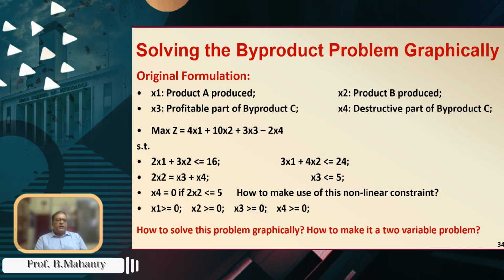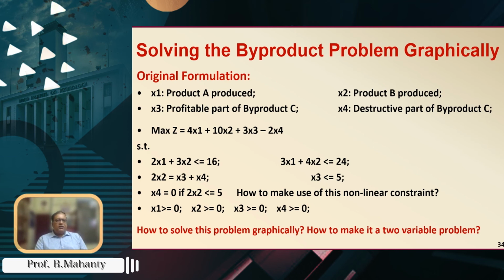x1 is product A, x2 is product B, x3 is the profitable part of the byproduct C, and x4 is the destructive part of the byproduct. So the formulation came out like this: maximize z equal to 4x1 plus 10x2 plus 3x3 minus 2x4, subject to 2x1 plus 3x2 less than or equal to 16 and 3x1 plus 4x2 less than or equal to 24,